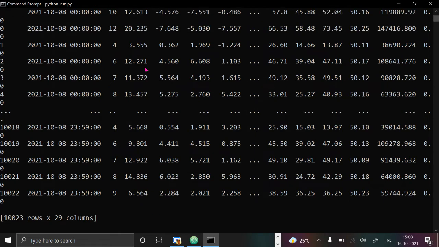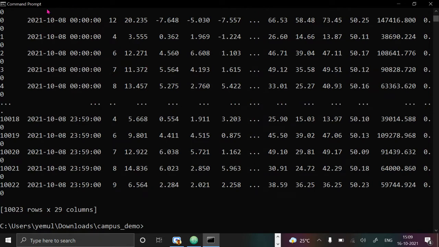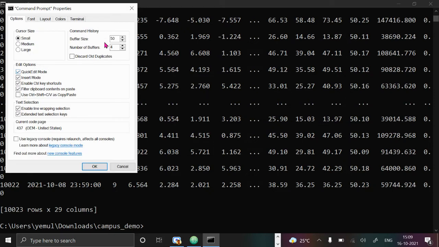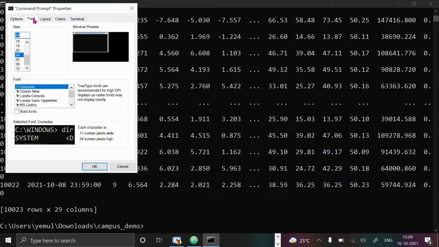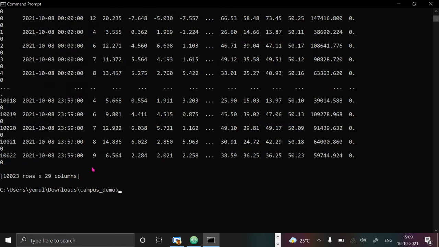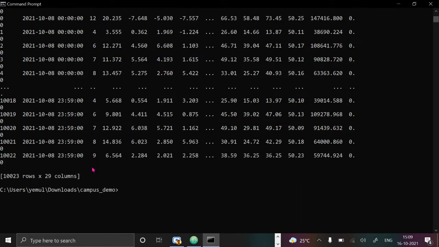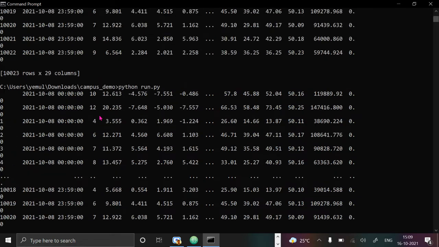So basically, the program is reading, and then just a minute. I think I will slightly reduce the font size so that it looks better. Instead of 24, I'll go with a font size of 20. Let me run the program again. Okay, so now we have this